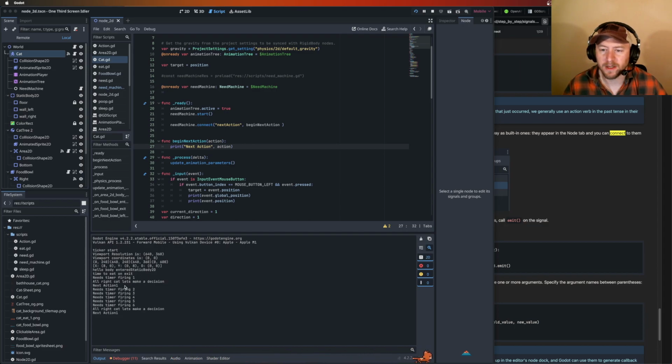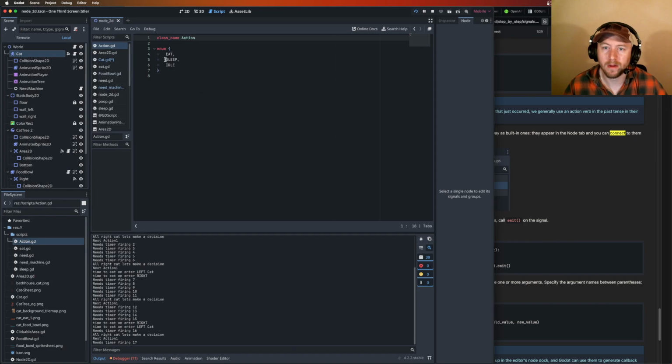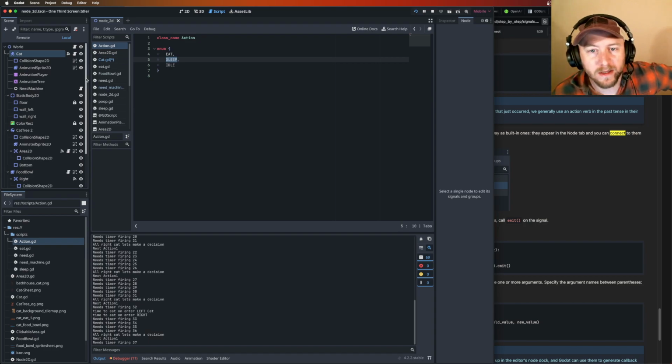Next action, action 1. Which is right, because 1 is the second value in our enum. 0, 1. No, that's not right. Oh, wait. Okay. No, that makes sense. Because sleep is